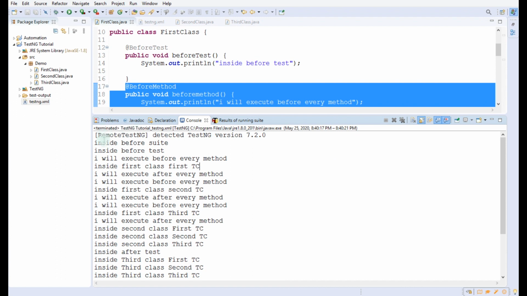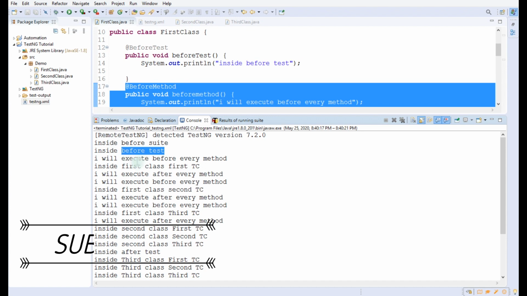So here first of all it has printed inside before suite, then inside before test, and after the inside before test code, the first class is executed. In the first class there are three methods.